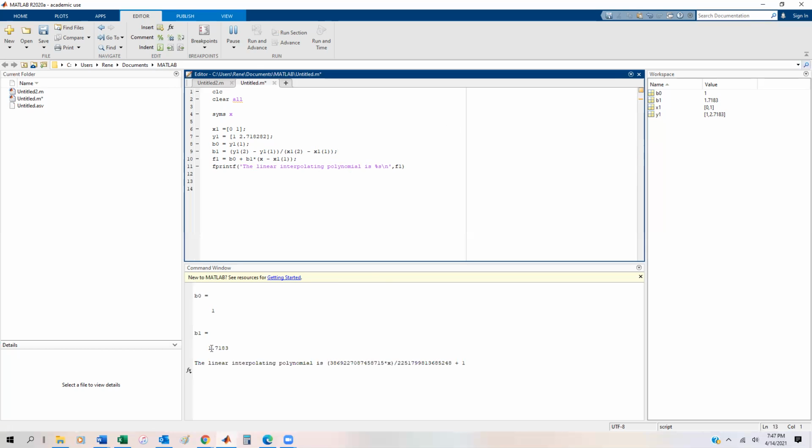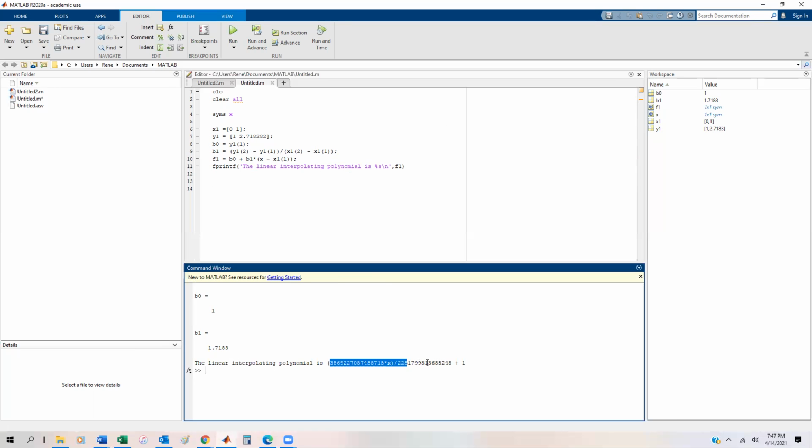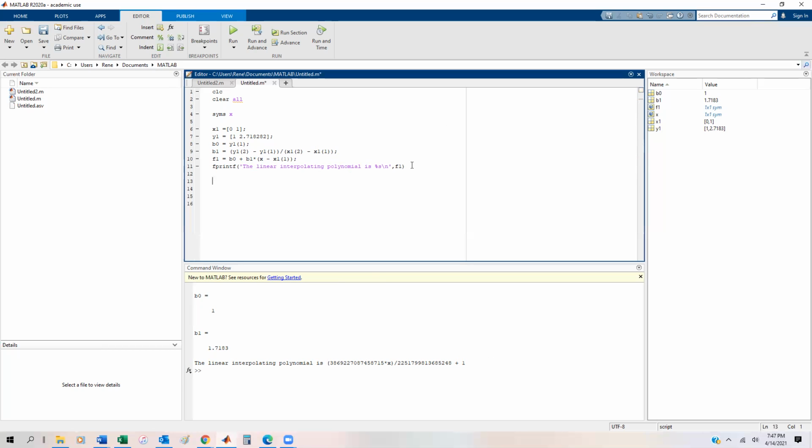And while it's thinking, here we go. So it gives us this formula, which isn't all that pretty, but it is what it is. Okay, so that's our formula. And later we're going to go ahead and test to what error this really exists. All right, now